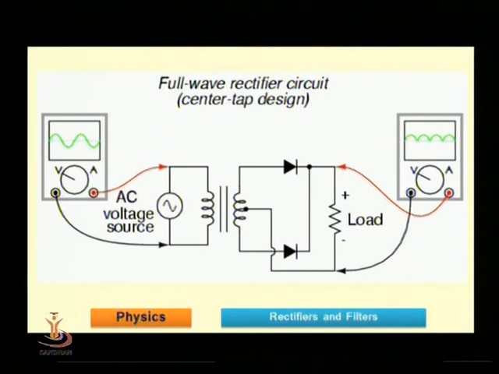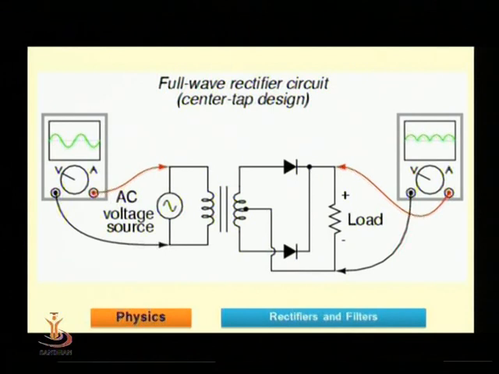So this is the pictorial presentation of the center tap type of full wave rectifier. As I told you, two diodes are used. The primary is normal. Now try to see the secondary, where at the center one wire is taken out, and that wire is considered as a reference wire. At the upper part of the secondary, a diode D1 is connected, and at the lower half a diode, named D2, is connected, and the load is connected.